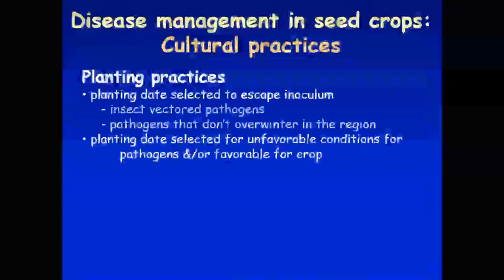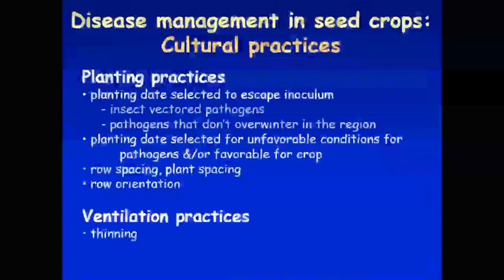I mentioned the issue of row spacing, plant spacing. The wider the rows or the wider the plant spacing in the rows, the better the airflow. That obviously reduces your yield per acre if that's an issue. Space is an issue, so this is just an overall consideration. If you're struggling with a certain disease, these simple measures can make a big difference. I mentioned the row orientation. We've seen this firsthand in my own research trials. And other types of ventilation practices like thinning, managing your canopy for maximum air circulation.